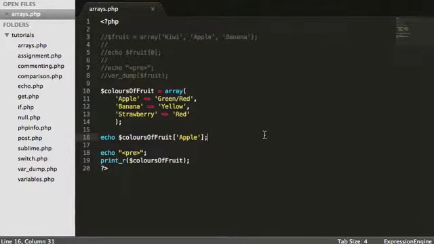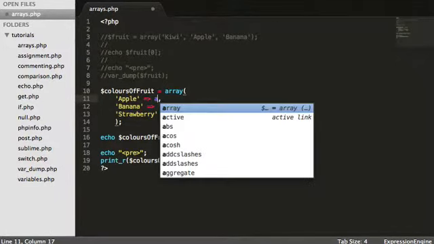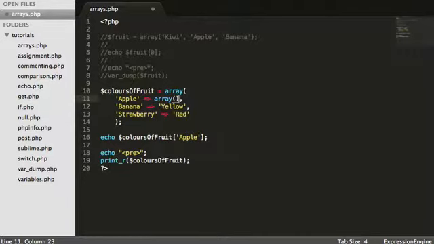Now you can go ahead and have, let's say here where we've got apple, apple has got 2 colours. But what happens if I wanted to access apple on its own and red on its own? Now you can have arrays within arrays. So all I'm going to do here is just say, right, the values of the element apple now is an array, and that is